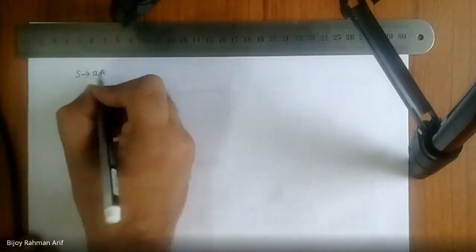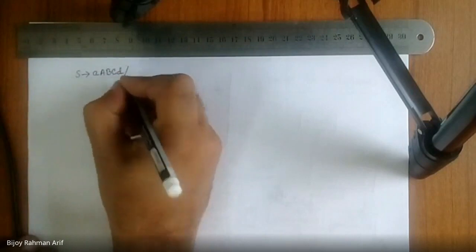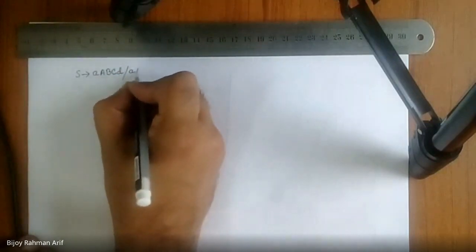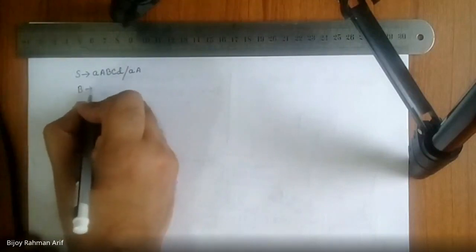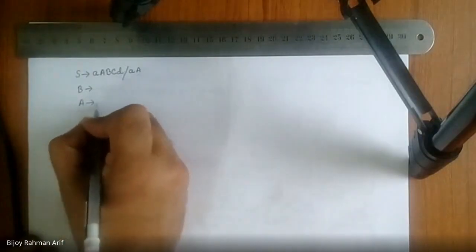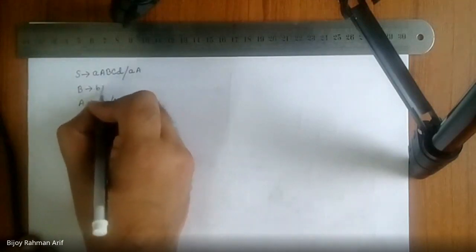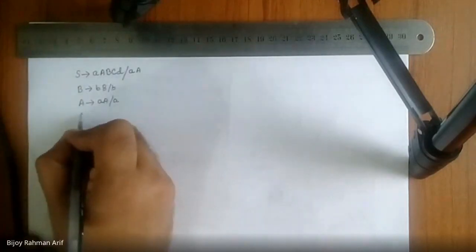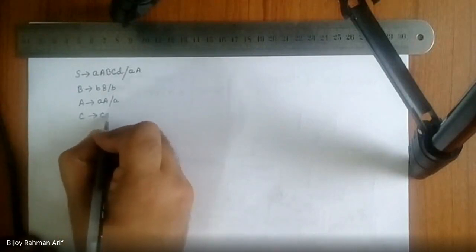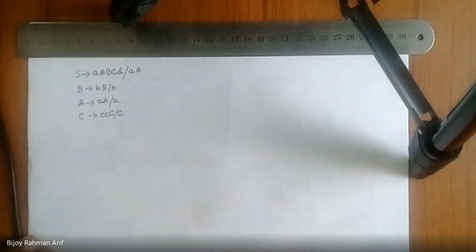A, B, C, D, or A, B derives... I forgot A, so A derives A, or A, B derives B, or B, C derives C, or C. This is my grammar, context-free grammar. Am I right or not? Yes, sir. So let's assume